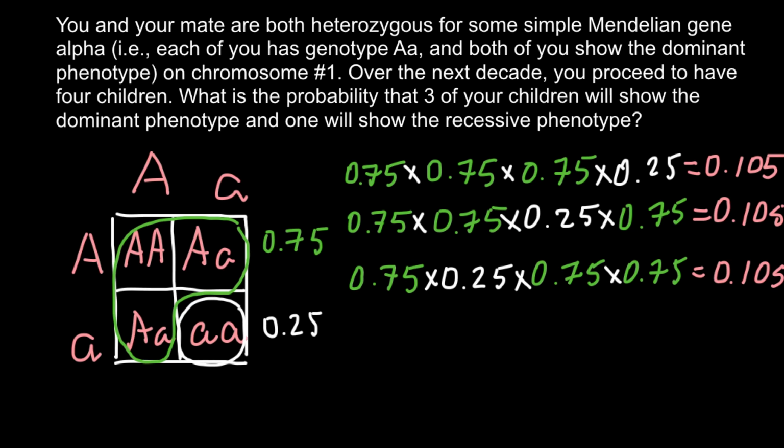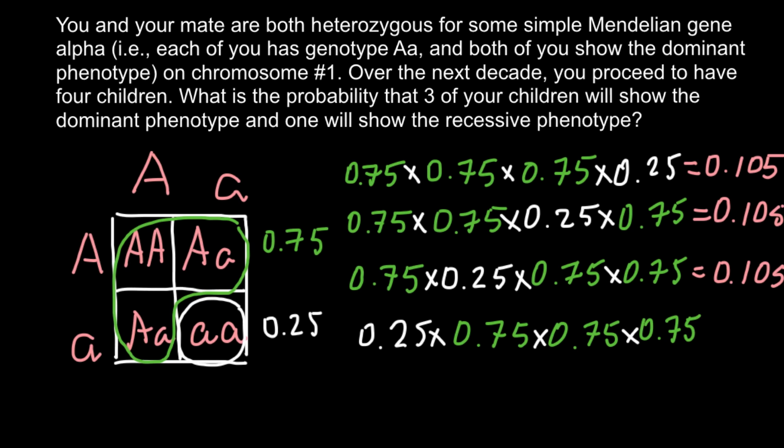0.105. And the last combination would be that the first child would show recessive phenotype, and then 3 children would show dominant phenotype. As you see, only 4 combinations are possible to have 4 children where 3 have dominant phenotype and 1 has recessive phenotype. Now we have to use the sum rule, and add all these independent probabilities, and the answer would be